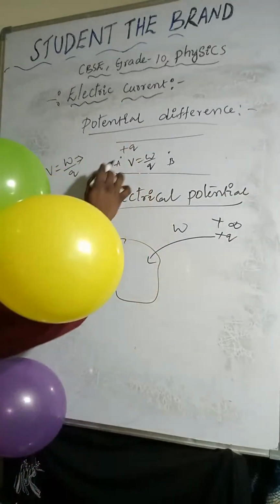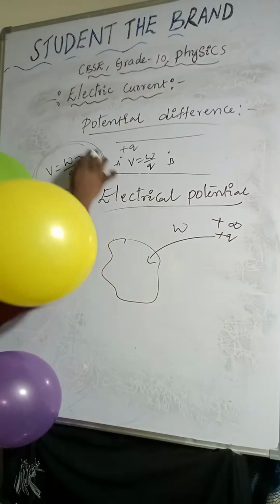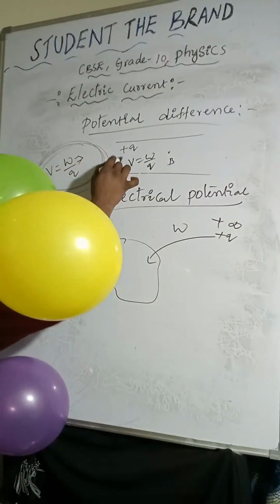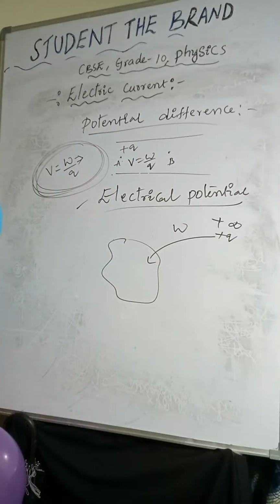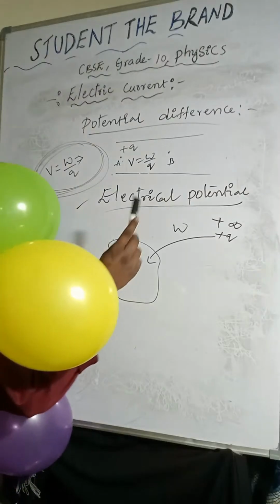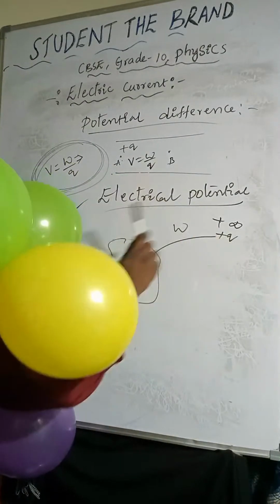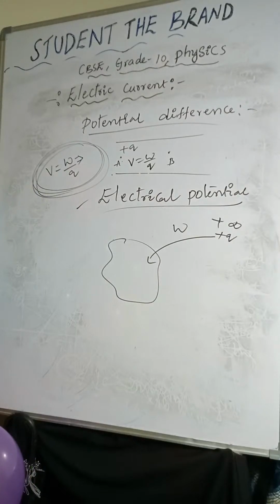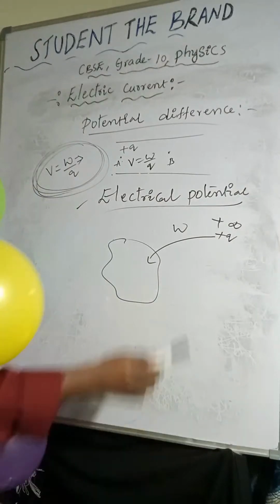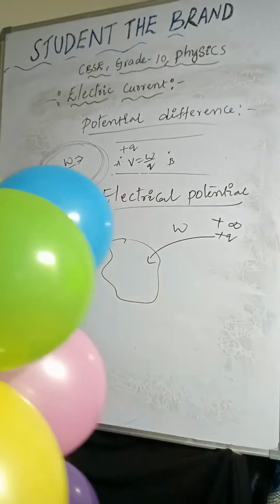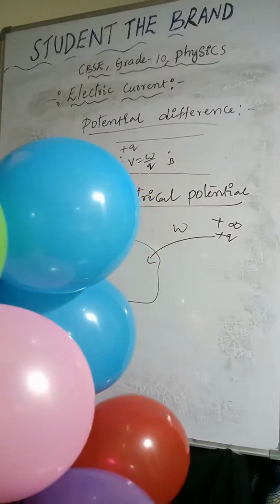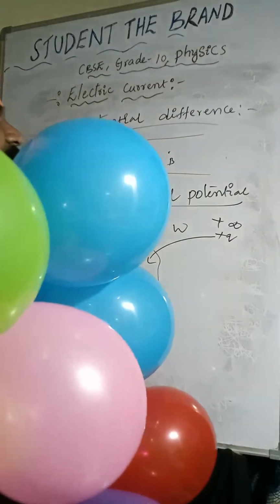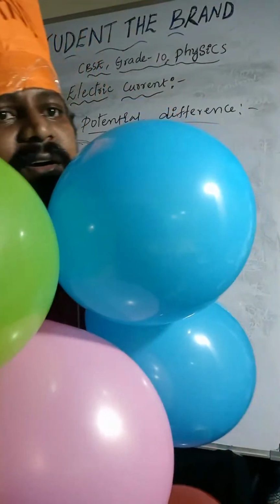So potential difference is the work done to bring unit positive charge from one point to another point within the conductor. Electrical potential is the work done to bring unit positive charge from infinity to the required field. I hope it is very clear. So this is about potential difference and electrical potential. And next, we are going to discuss